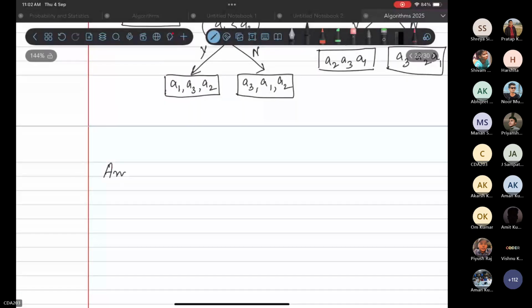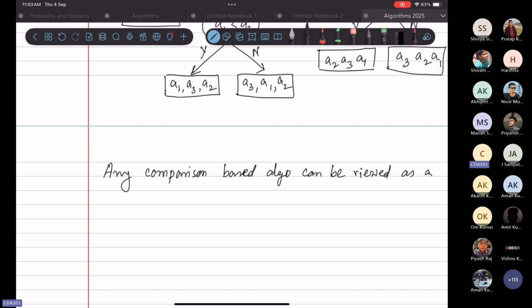Any comparison based algorithm can be viewed as a tree